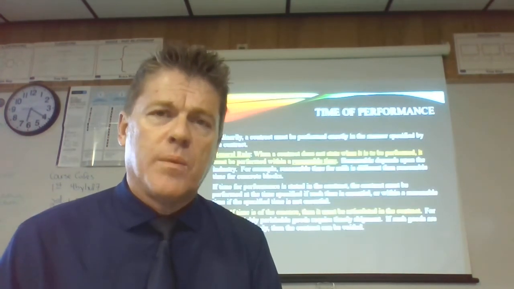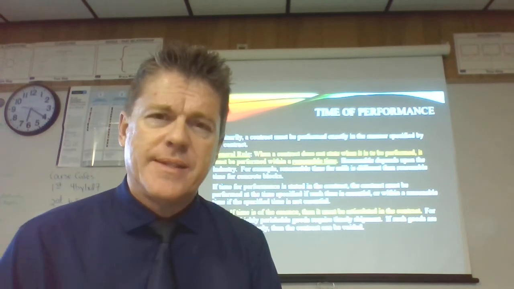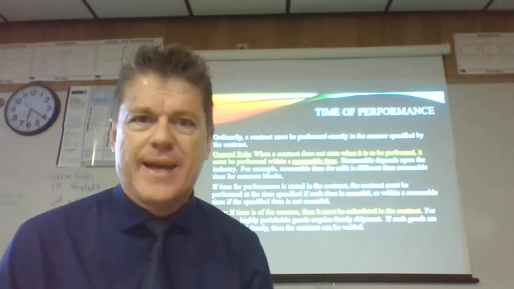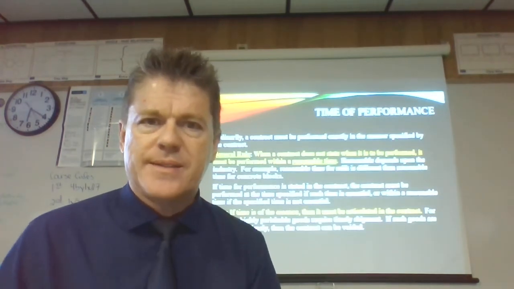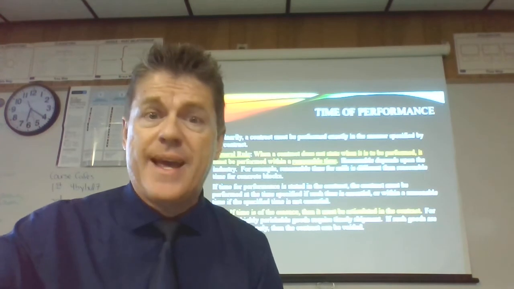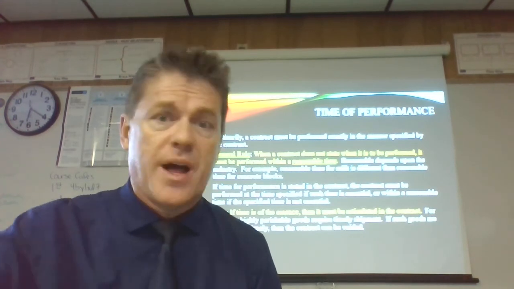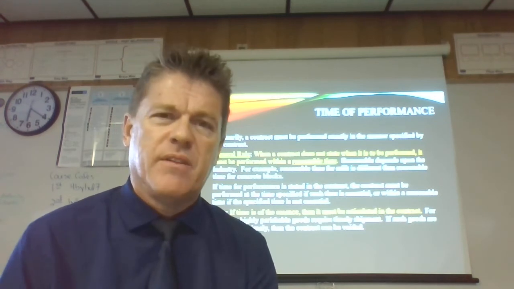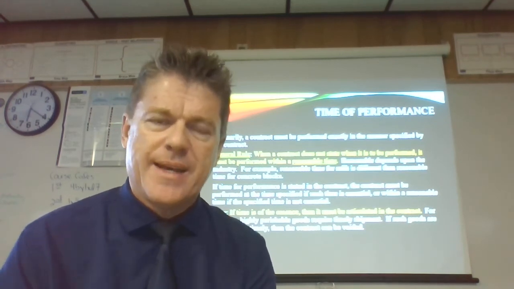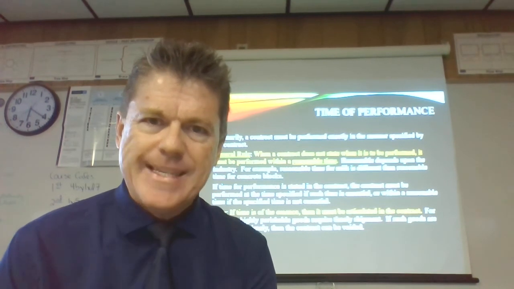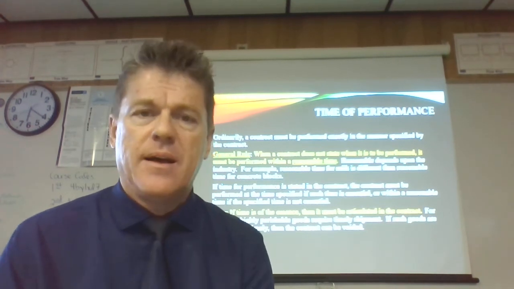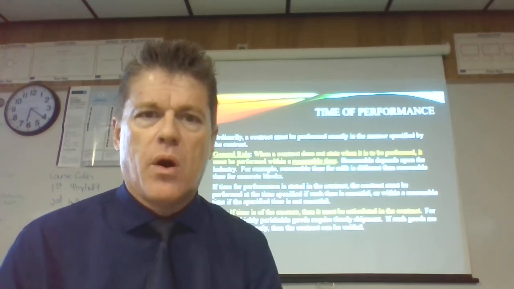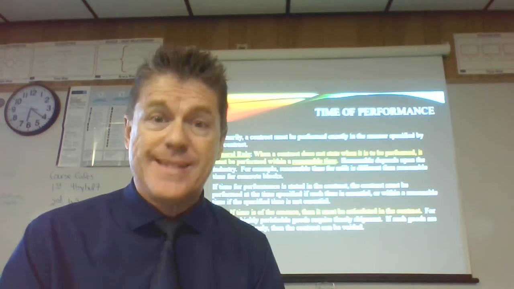If time of performance is an issue in a contract, then it does need to be articulated. You don't have to say in an agreement that time is of the essence. You can just put in a contract, this needs to be completed by, and then put in a date, January 1st, July 31st, December 31st, whatever. So you don't have to give any kind of magical language to indicate that time is of the essence, although you can say that. But you usually, and I don't want to say always, but usually you cannot go wrong if you put, I need things completed by this date.